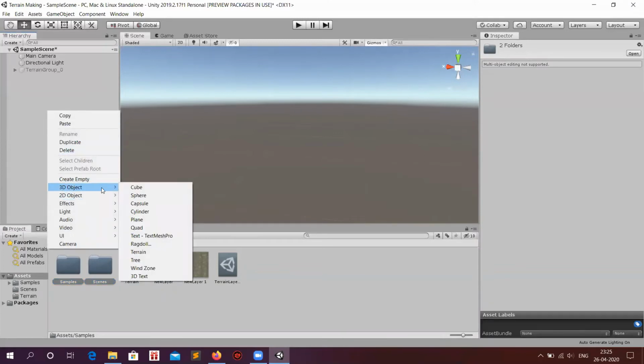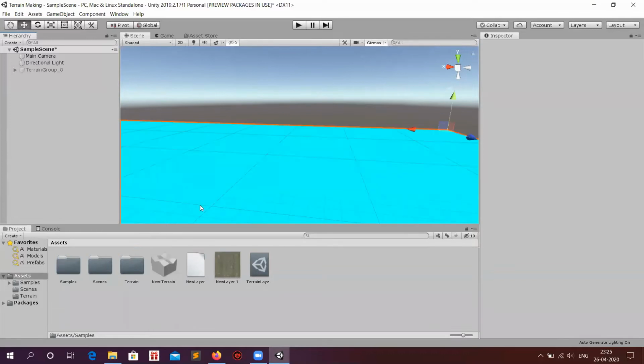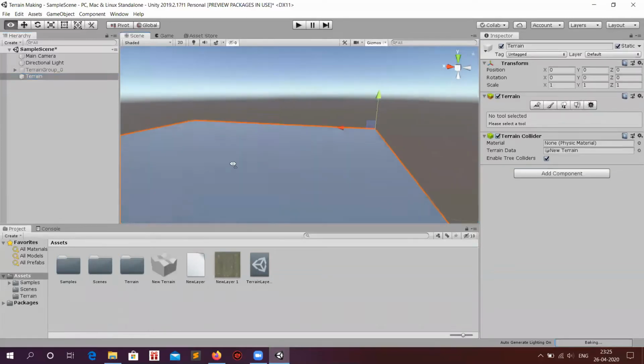So as Kushal told you, we can create terrains by two means. First of all, by right-clicking on the hierarchy window and selecting 3D Object and then Terrain.